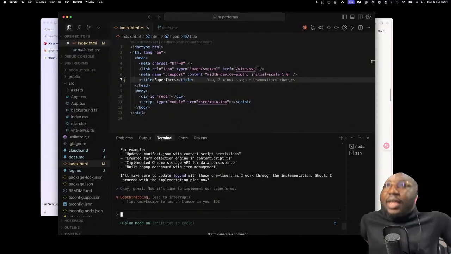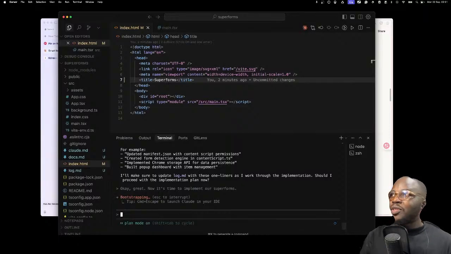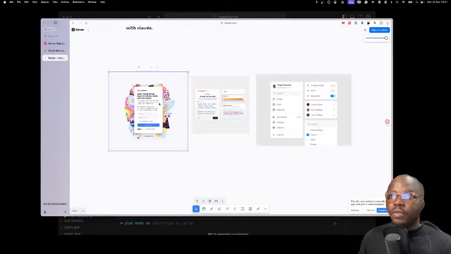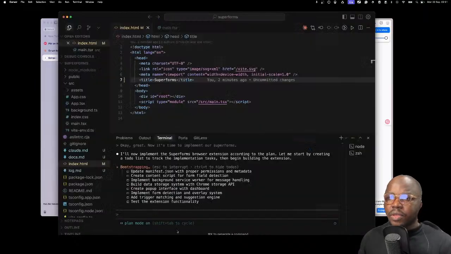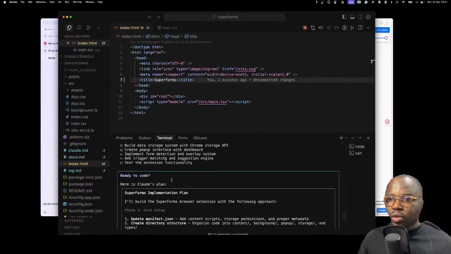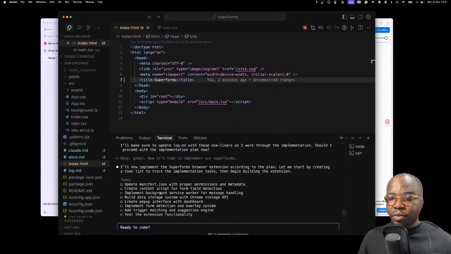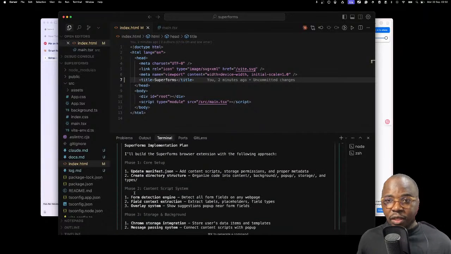Okay, so I think I just gave it all the things I think I need to do. Now is to kick it off and let it figure it out. I should have given it the UI, but I'm actually going to give it the UI before it starts, because it's going to ask me to start auto edit. It's in plan mode right now. One thing about Claude Code and agentic coding is there's a planning process. This is what it's going to do, and this, and this. There's a plan to everything, and everything is planned out.